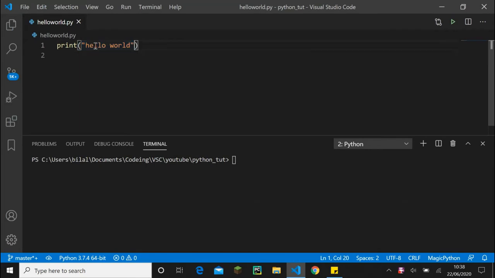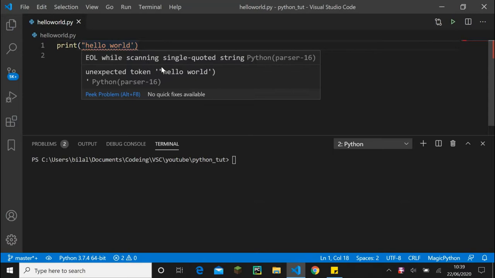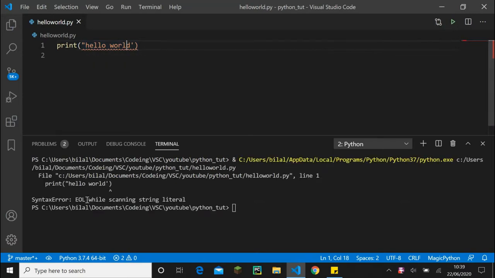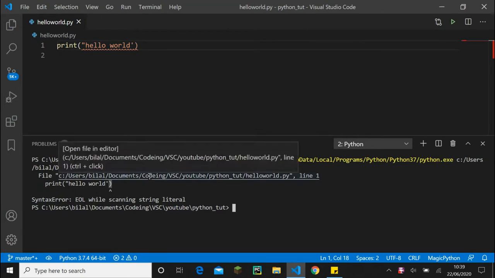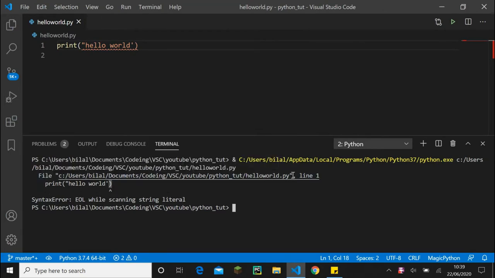Well, one way could be we start with a double quote and we end with an apostrophe. Python is even telling us here something's wrong, but let's ignore this for now. Run this, and it says here EOL while scanning string literal. This may be gibberish for someone. Someone might not know what EOL means, or what the bracket has to do with this, but let's look at this. The problem is in this file,